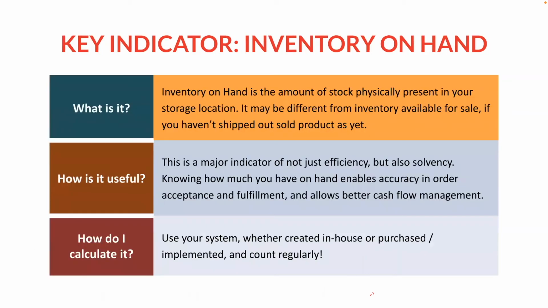So this is all pretty straightforward, but there are some indicators that you can watch in addition to just how your inventory flows, because they help you with all the planning that I talked about and with the measurement of your performance. One of them is the inventory on hand. So knowing what you have on hand